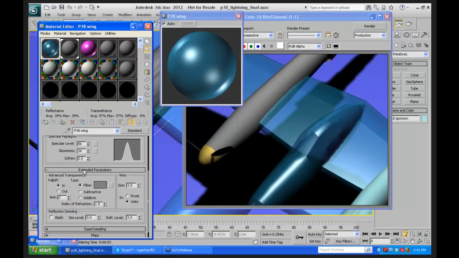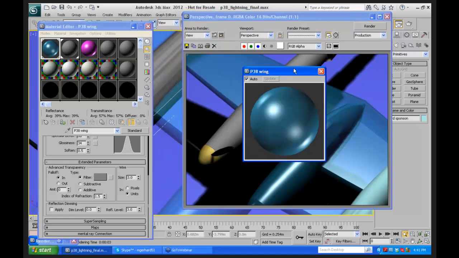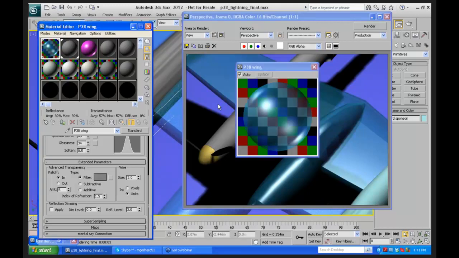Now, there is advanced transparency. Just like in the extended parameters, the wire had an extra value here, advanced transparency has the ability to do falloff. I think it's probably easier not to worry about that, but just to look at this thing here. Let's add some advanced transparency to this. Why is it we can't see what it's going to do? Because there's no background. Now, if I choose a background here, there's a background for me to look through and see. So if I increase this amount of transparency